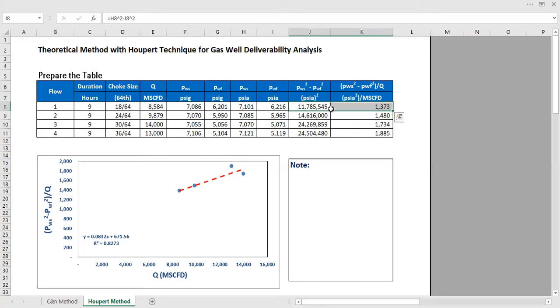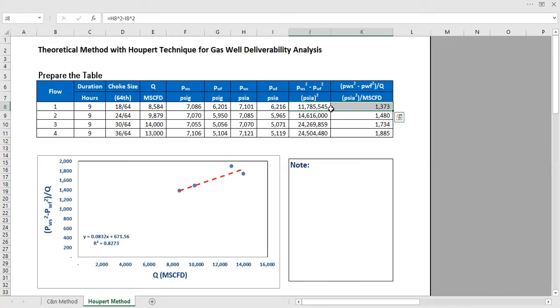Right. Suppose we have a gas well. We now will discuss the case. Suppose we know the depth of the reservoir and the depth of our well. Let's say we have a well with 6,000 feet in length, and we know the diameter of our tubing, suppose it's 2.441. It's a typical tubing, and we do the well testing. Before the well testing, we do the static bottom hole pressure survey, and we know that the static bottom hole pressure is